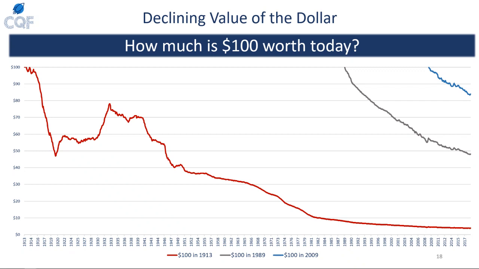So inflation is decaying your purchasing power no matter what. You go back 100 years, 30 years, 10 years, doesn't matter. So what the Fed is doing by targeting 2% inflation, it's really punishing savers who are putting that $100 away underneath the mattress, whatever it is, because inflation's eating away at the purchasing power of that dollar.